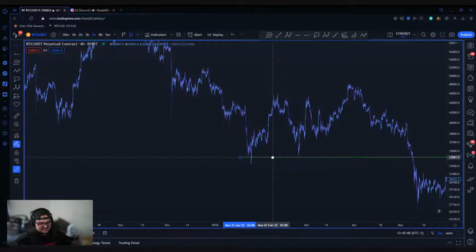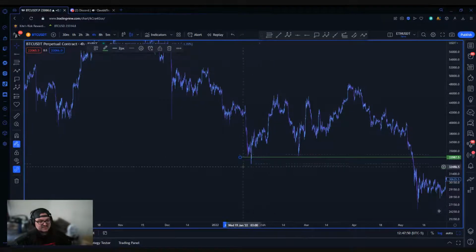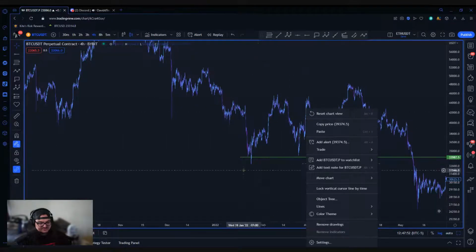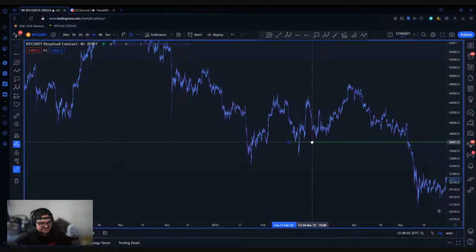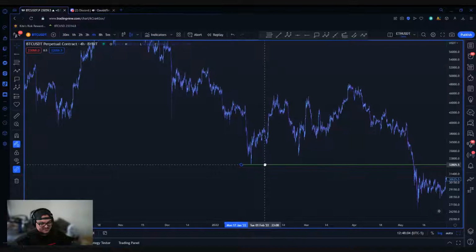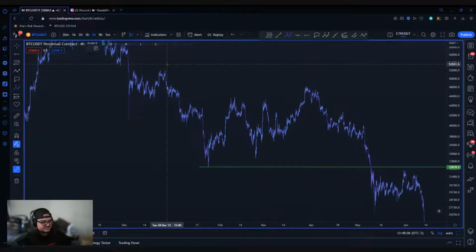I did take this setup here, this ABC, and I basically milked this range. I did very well in this range, but I was also trading a lot more aggressively back then. But yeah, I took this trade. I took an ABC setup here. I also did take the larger one down here off of this one.